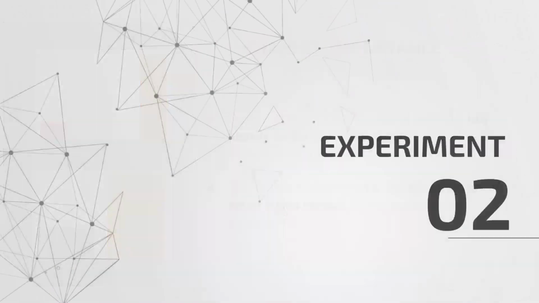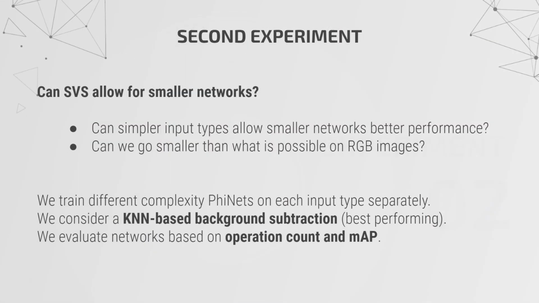The second experiment that we carried out was targeted at understanding if we can use the data coming from a smart vision sensor in order to allow for very small networks, smaller than what is possible by using a standard RGB image. We want to understand if the simpler input type provided by this kind of sensors can allow better performance on very small networks. And as I said, we want to understand if we can go lower than what is possible relying only on